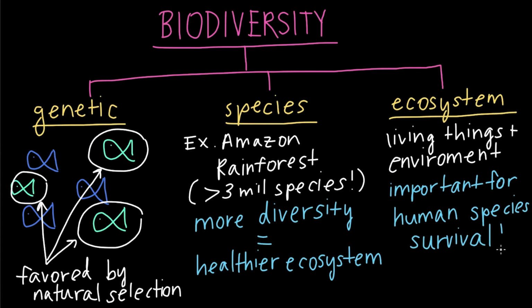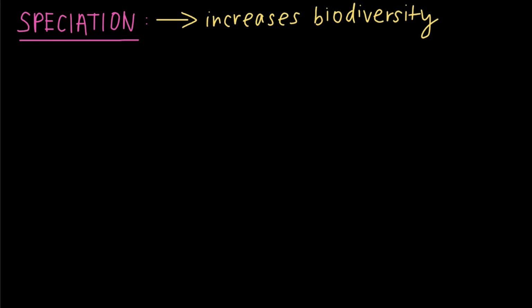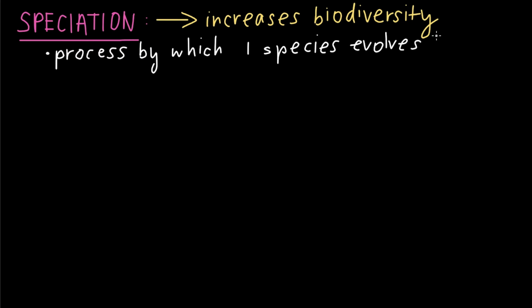Now, it's also important to note that biodiversity can change. For example, speciation increases biodiversity. Now, what is speciation? Well, speciation is a process by which one species evolves into two or more species over a long period of time. So on a larger scale, the immense biodiversity that we see on Earth is the result of repeated speciation events that have occurred over